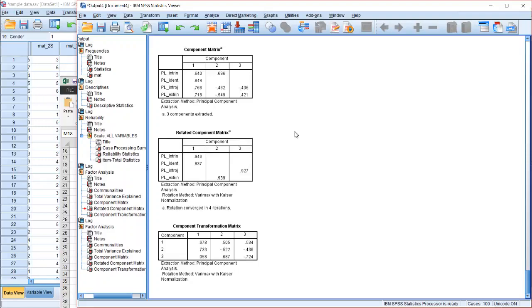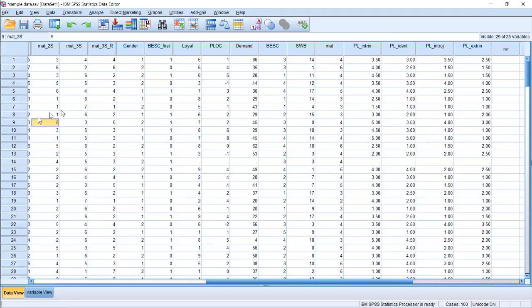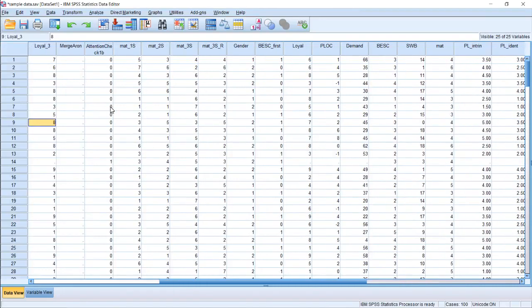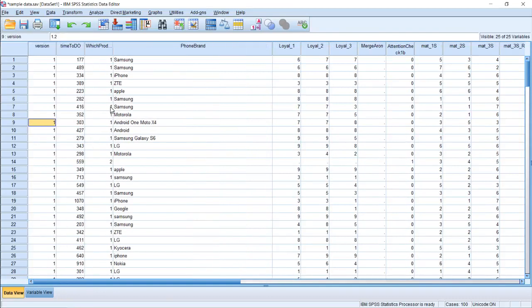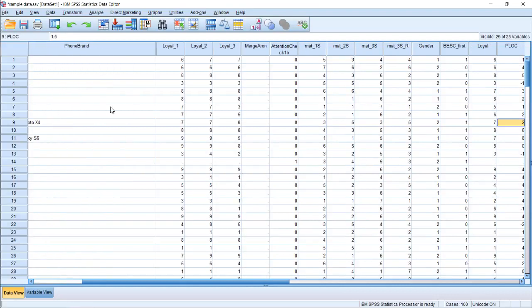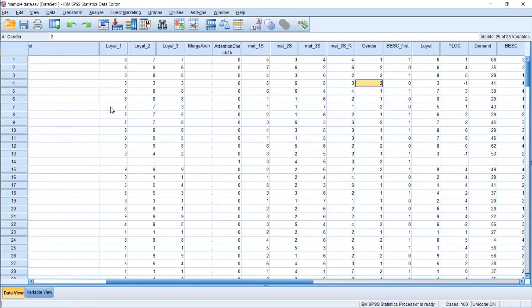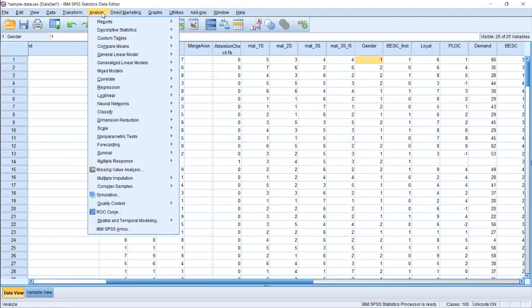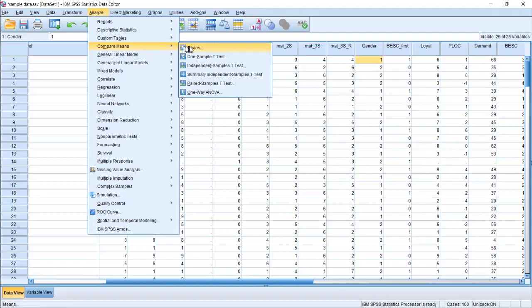So when you want to say, is one group of numbers different than another, that's where you want to run a t-test. If I look through my variables, I have gender. Gender is something where I have 1 and 2, and if I labeled it correctly, 1 would show up as male and 2 as female, or vice versa. I'd have to check which way I put it. But I can go to Analyze, Compare Means, and Independent Samples t-test. So one sample t-test is